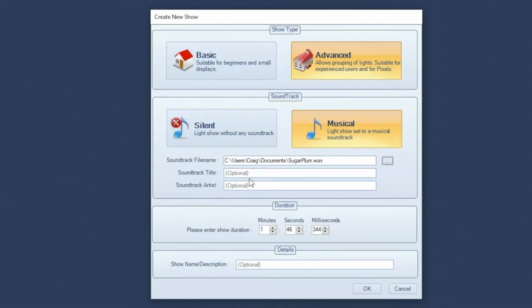There's a couple of extra fields here about the soundtrack title, artist, and the show description. They're all optional. They're used by the show player to prompt to display a show name rather than just the file name, but for the moment we'll just leave those blank. You see you've got the time here. You can adjust the time if you want, but we've got one so it matches exactly the length of the music. So go ahead and press OK,